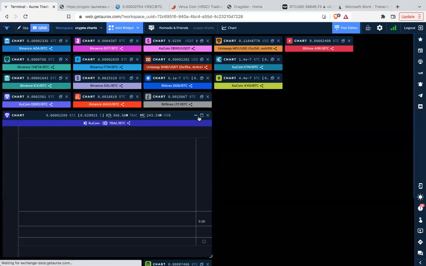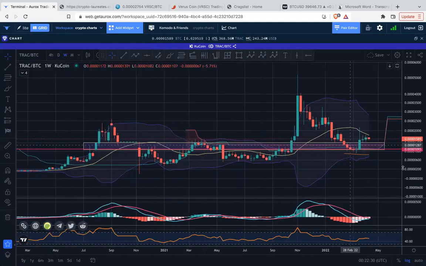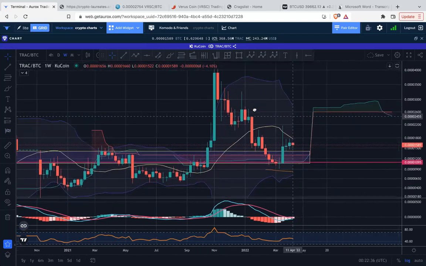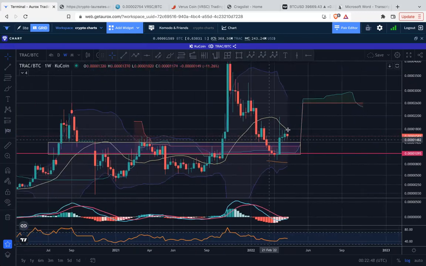We move to TRAC. Had some good price action the past couple of weeks. Really, it was the 1 week here of 21st March week. And again, just like others, it tested the 20-week moving average and then slowed the momentum as it continued getting resistance. But at least the price was moving up, so that shows some degree of strength. However, you're testing this 20-week moving average, and there's a likelihood that it'll come back down.